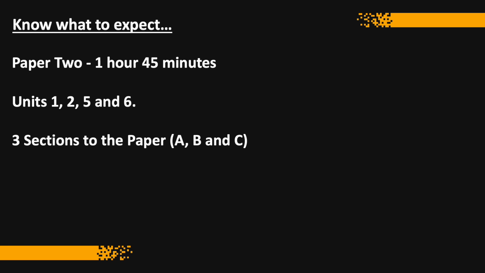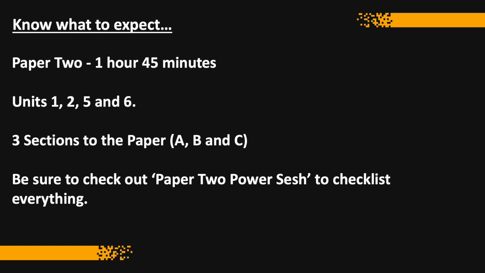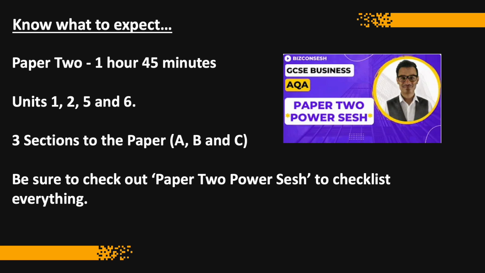There's 3 sections to the paper, A, B and C, and be sure to check out the Paper 2 Power Sesh to checklist everything across all of those 4 units there. Big video. If there's something in there you're unsure of, you've never heard of that concept before, then refer back to your notes, refer back to your revision guides, refer back to the videos that have been provided in the